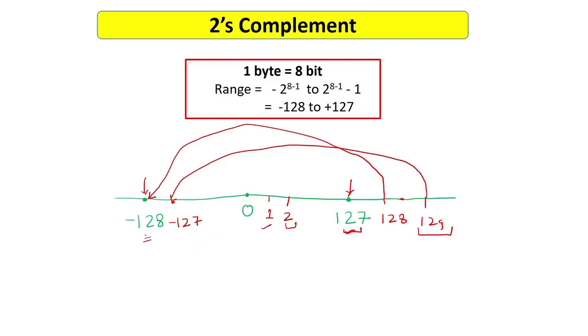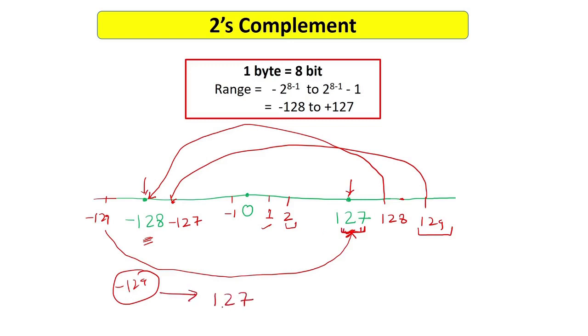The same way, let's say you are adding -128 and -1, you should get -129, but the compiler gives you some positive answer. Why? Because -129 is out of range, so it will go to the positive range. Inside the range, the largest number that can be fitted is 127. So instead of -129, you will get 127 from the compiler. So this is the way the compiler tries to represent the number within the range, but there is overflow. So this was all about overflow with respect to signed number arithmetic.